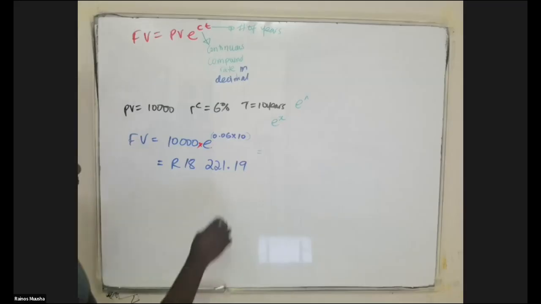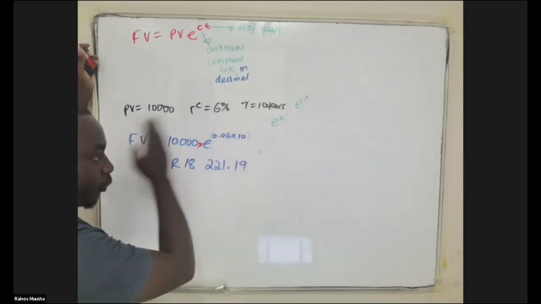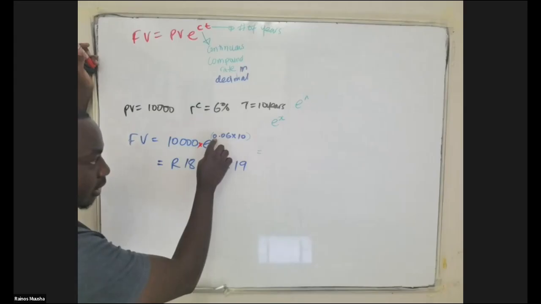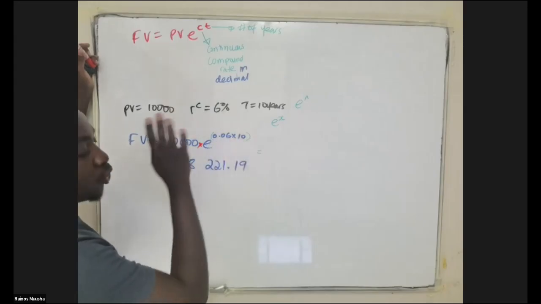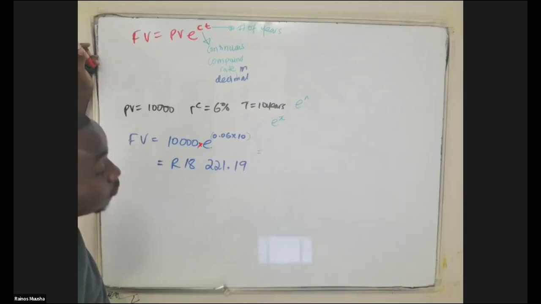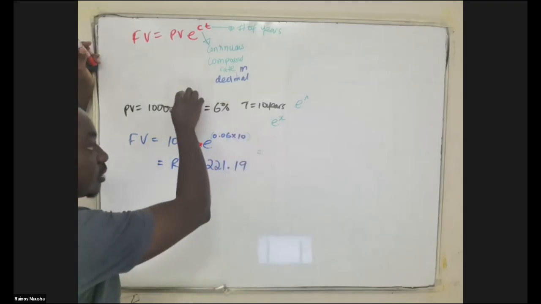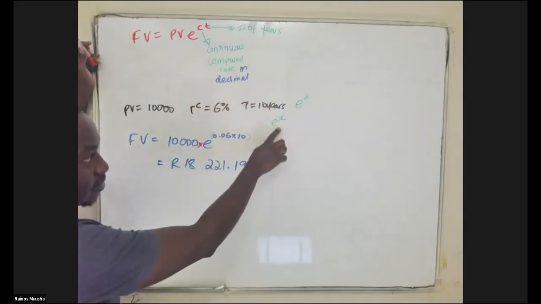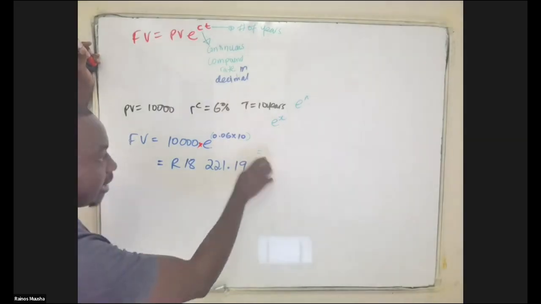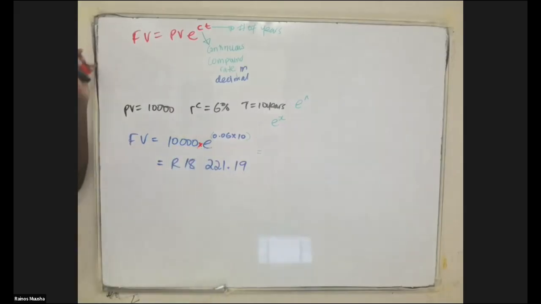Then with an HP, can you take us through the steps? Because I'm also getting a different amount from the 18,000 with an HP. With the HP calculator, remember we said you start with the power, going backwards. So you start off by saying 0.06 times 10. You get your answer. You don't round off that answer. You don't write it separately somewhere. Immediately after that answer is showing on your screen, you press shift, then e of x. Then immediately after you get the answer there, you multiply that answer by 10,000.